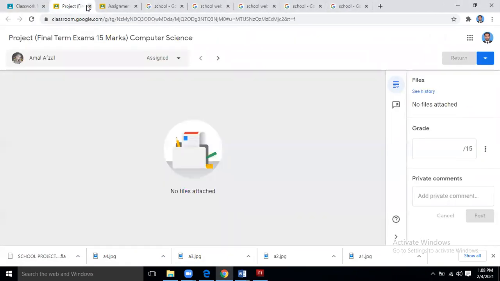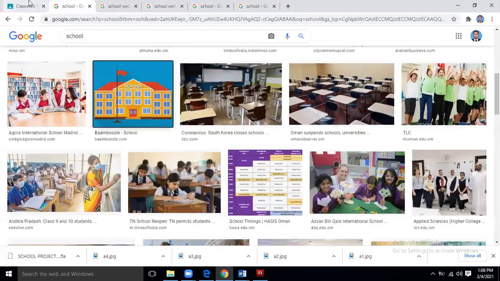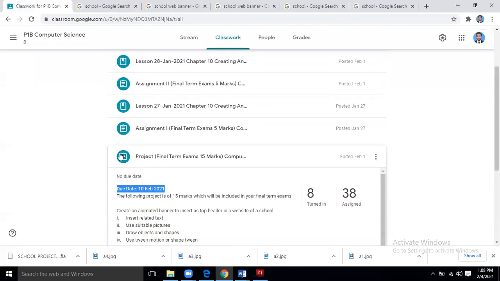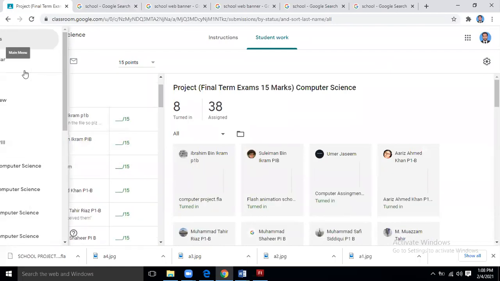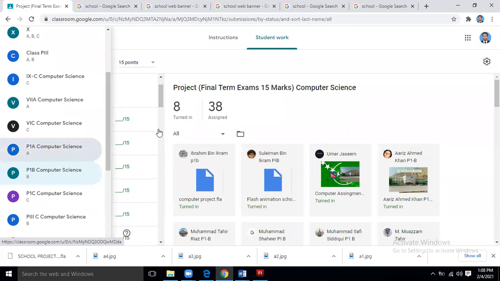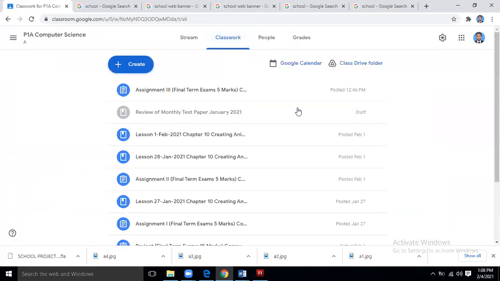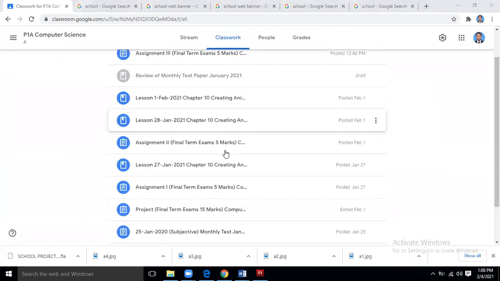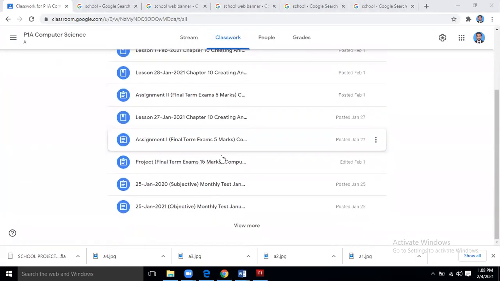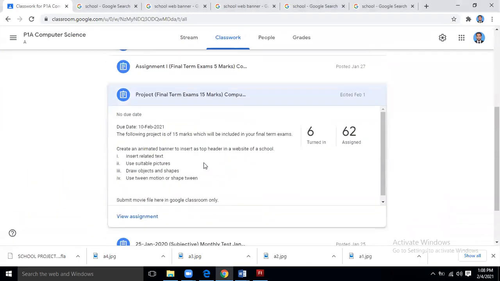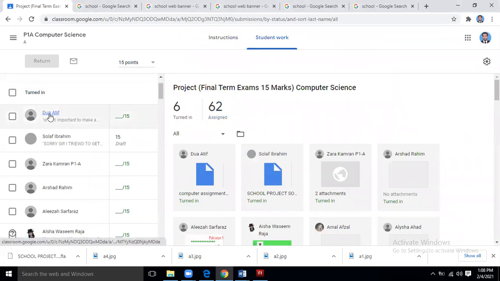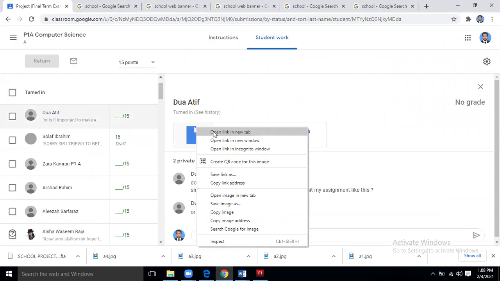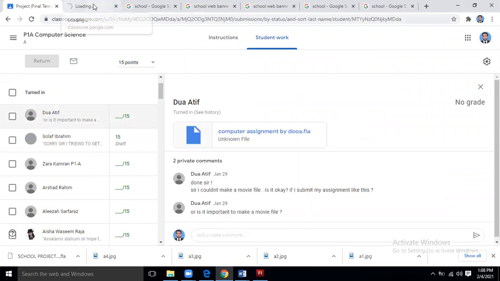So now we come towards the projects. I think we should go through some projects so that the other students can have some idea. Right now I showed you the project submitted by Solaf, and it was good in that sense that she also used one GIF image in it. It was an image of a cartoonic character, a student going to school, and it was creating a good impression in the animation. Anyway, we move to some other students' work as well, so that we can see some sample projects.